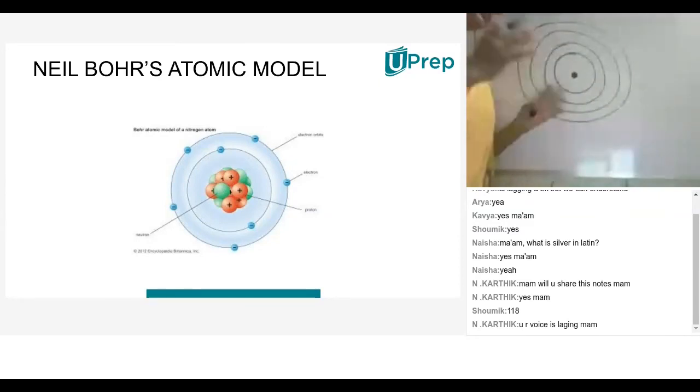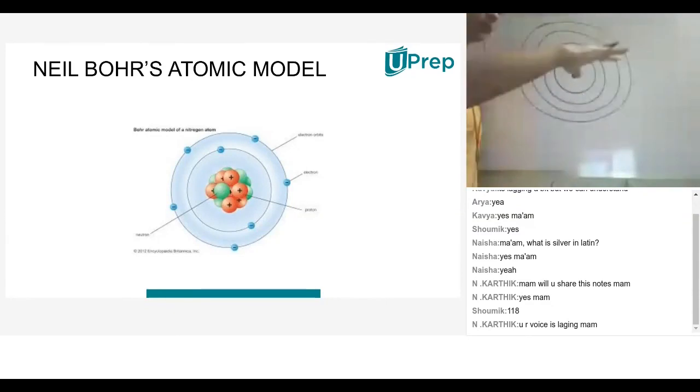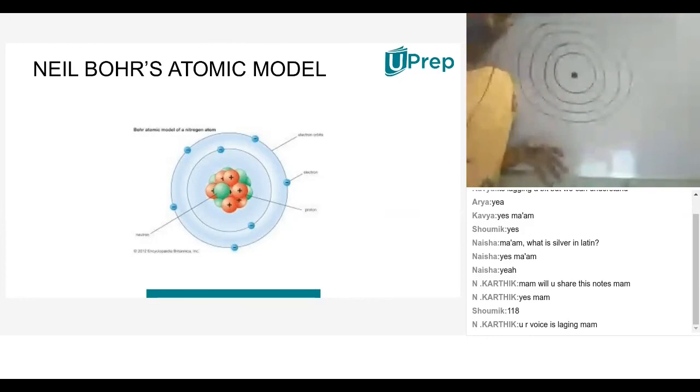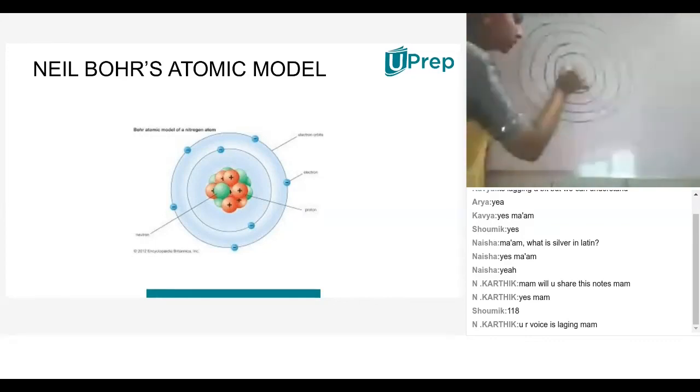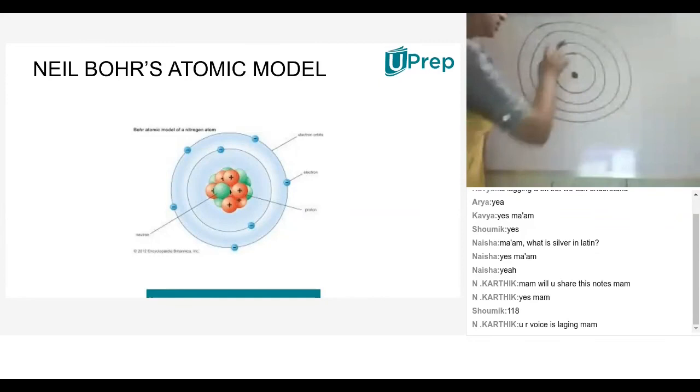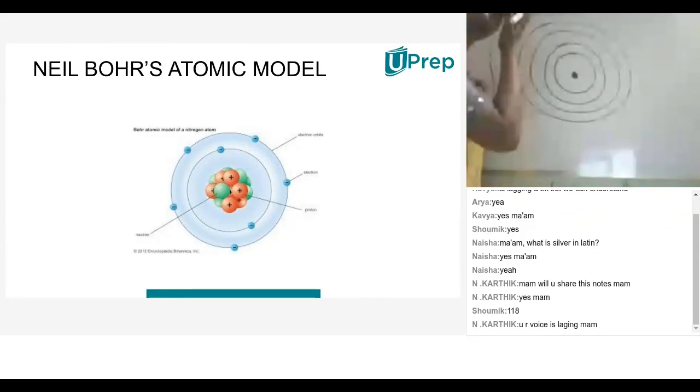When he passed different rays through the atom, the rays were reflected broadly, which you are going to learn in the higher classes. With those broad reflections, he identified that there would be a big space at the center of the atom. That big space is nothing but the nucleus. This was given by Rutherford. So the nucleus is at the center, and these are the shells. Yes, Arya, Rutherford basically discovered the nucleus.